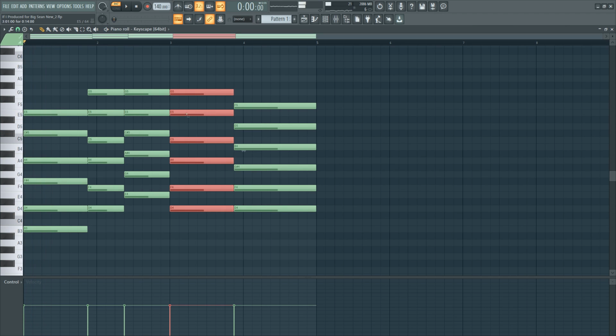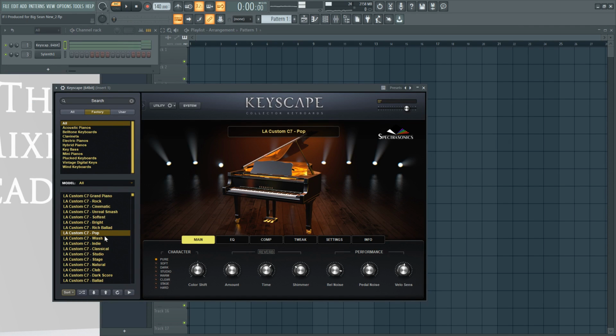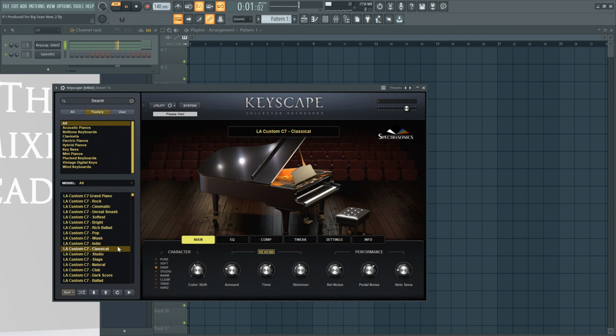And I was hearing this note. I think that was the problem. Let's find a piano that gives us the sound we're looking for. These are pretty dark pianos.